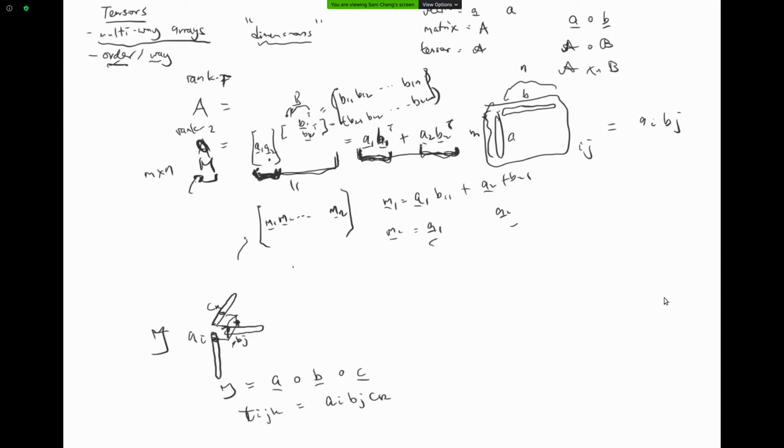And then, as I said, the rank of a tensor is how many rank 1 tensors we can decompose it into. So for example, I can have a rank 2 tensor, T equal to a1 outer product b1 outer product c1 plus a2 outer product b2 outer product c2, and this will be a third-order rank 2 tensor. Okay, this is something about the rank.